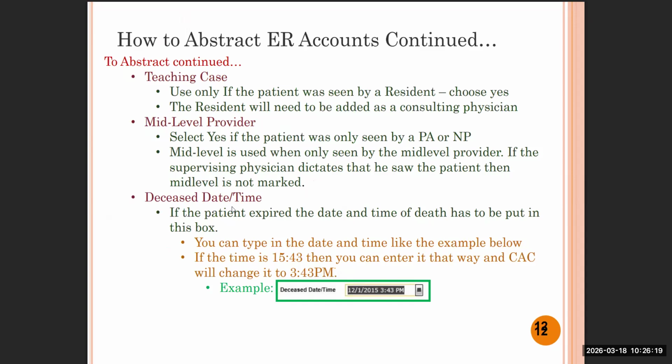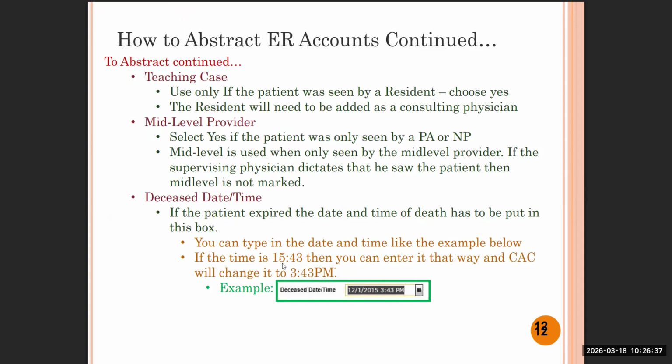Deceased date and time: if the patient expired, the date and time of death has to be put in the box. You can type in the date and time like the example below.